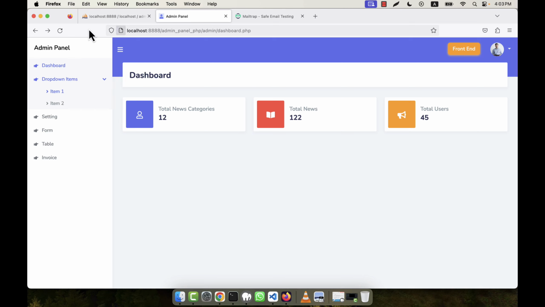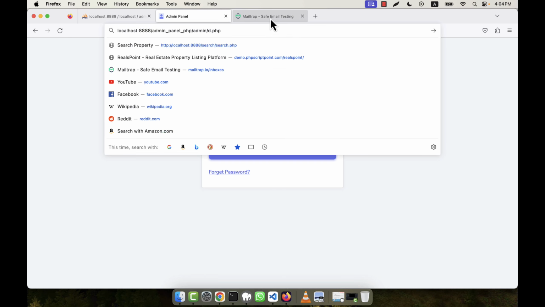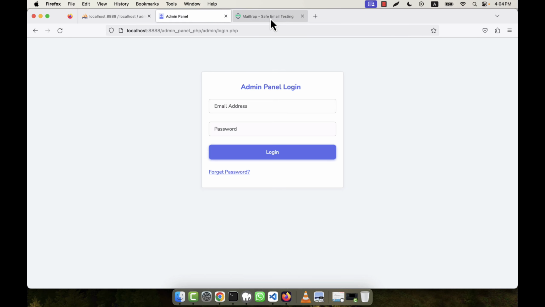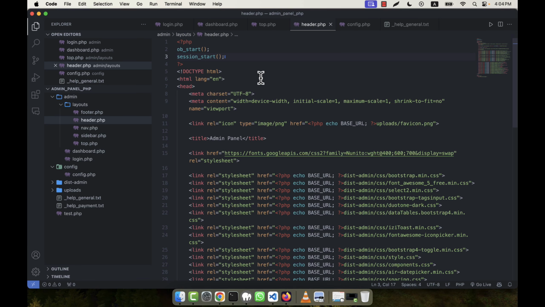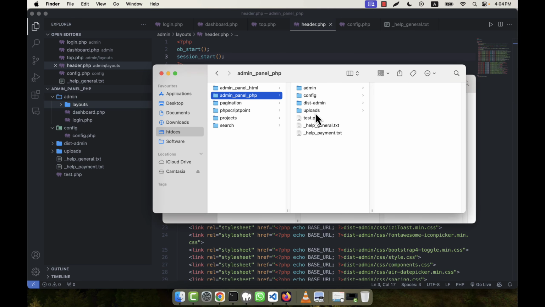Now let's do it. In the dashboard.php, if you refresh this page now, you see it is redirecting you to the login. That means it is working perfectly. So from login.php, you will not be able to see the dashboard.php file again. And I will create, in my main layouts, in this place, for example admin login, I am going to